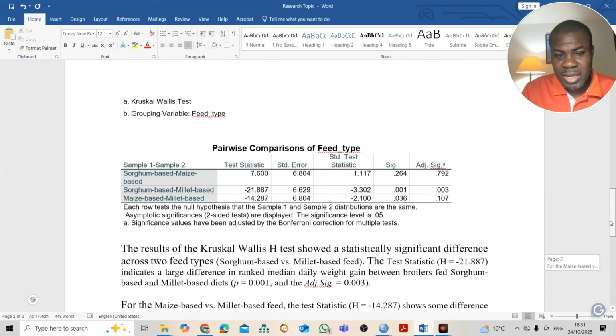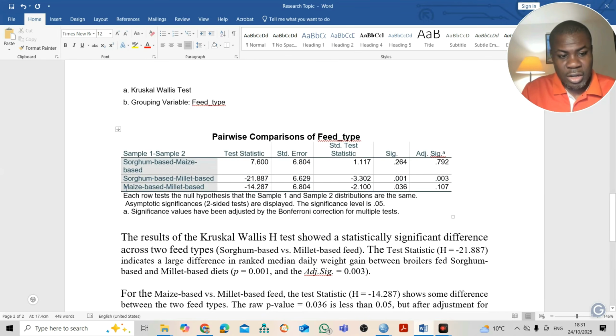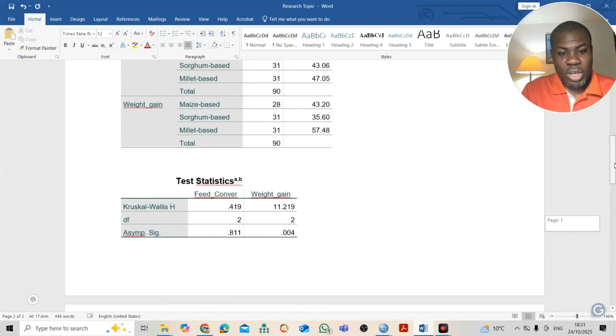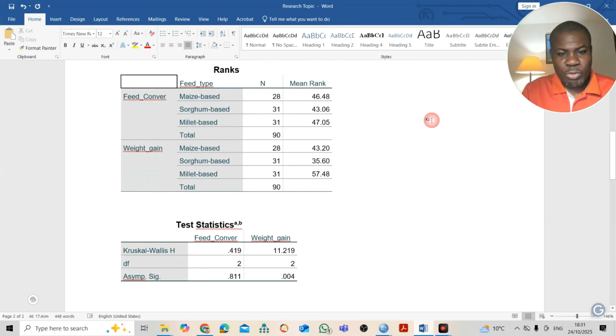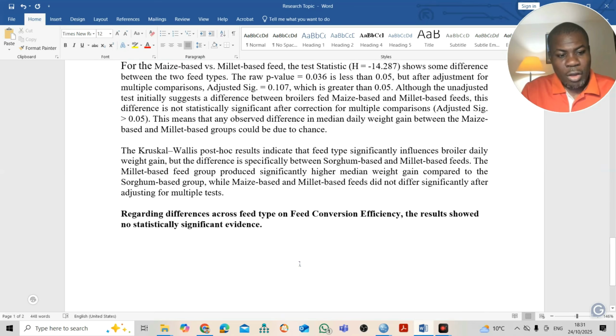So you can see that on the pairwise comparison test here. Okay, and again, if you look at the rank order, it will also give you an idea of what the pairwise comparison test is telling us regarding the